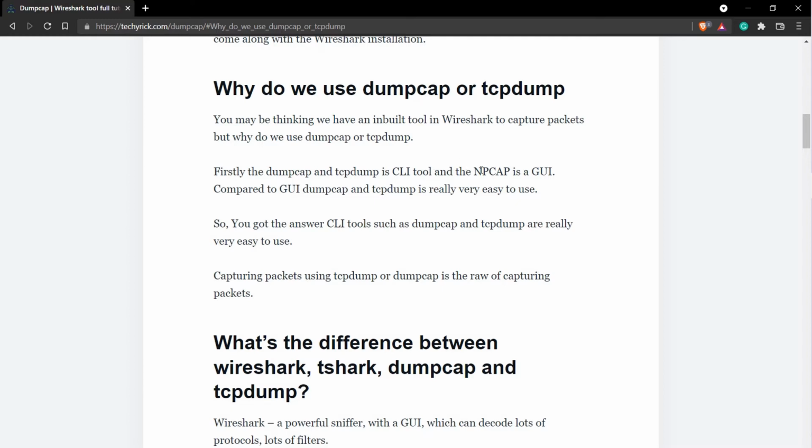You will be asking why we are using command line interface tools, whereas in Wireshark there is a pre-installed tool called NPCAP, where we can capture the packets in a graphical user interface format. But why are we using command line interface tools such as Dumpcap or TCPdump? The answer is that sometimes command line interface tools such as Dumpcap or TCPdump are really very easy to use. And also while you are working in Wireshark